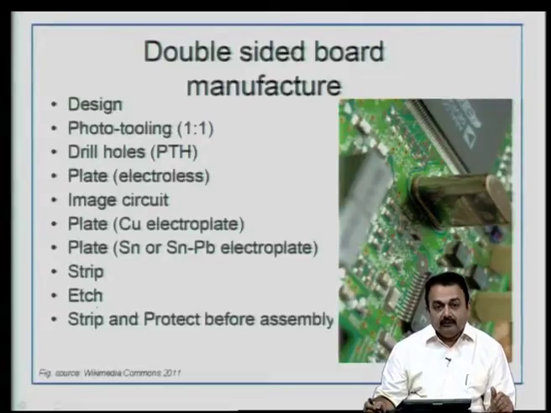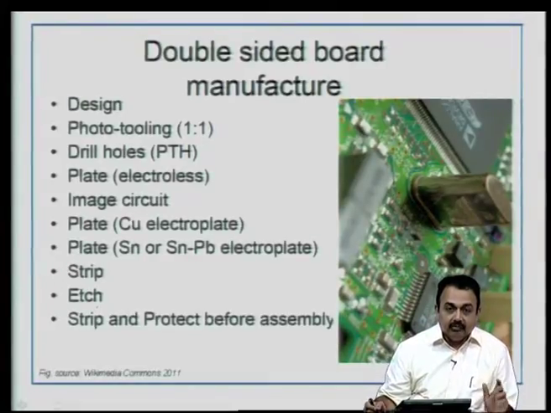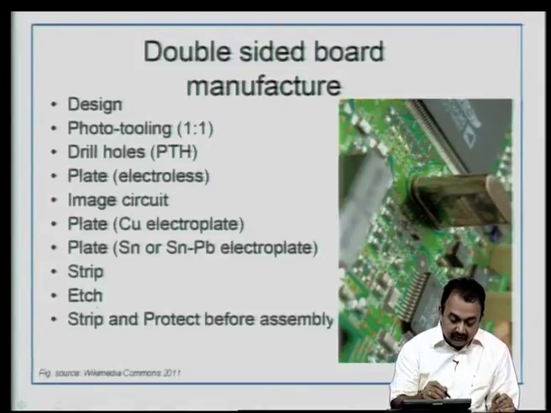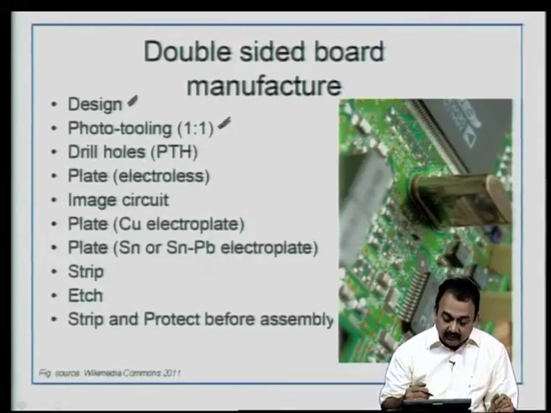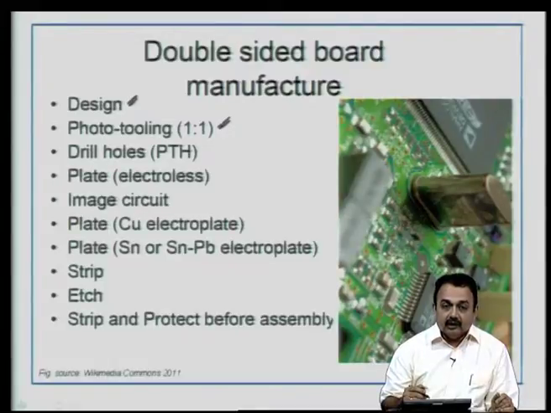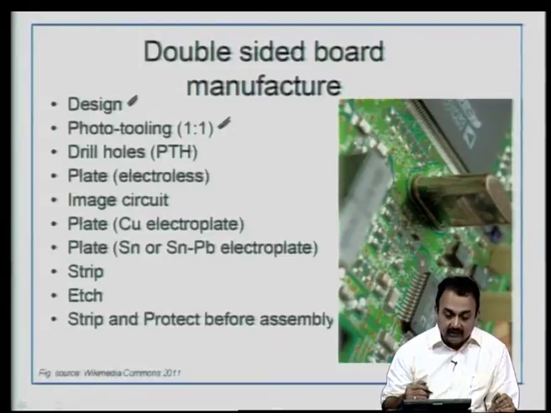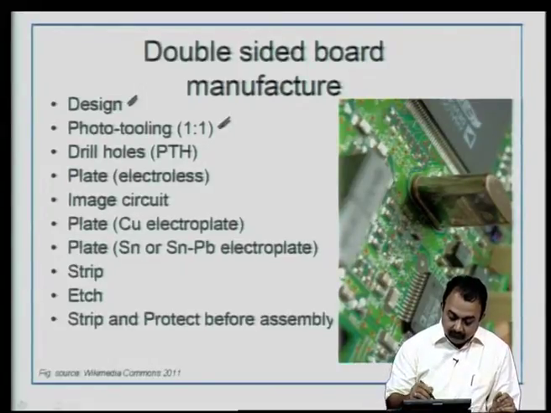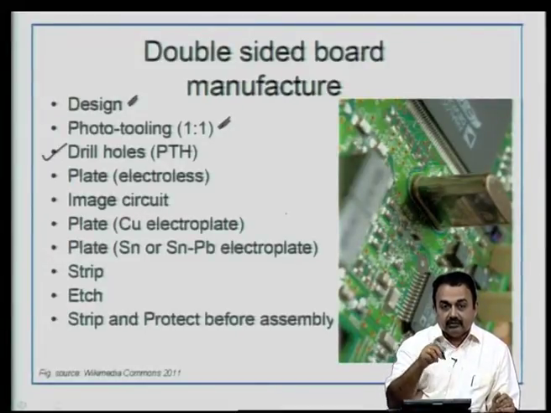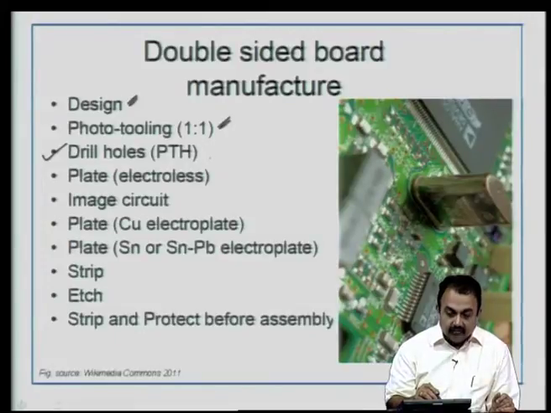The double sided board manufacture process steps very broadly will include design aspects, then you have the photo tooling to create the various, in this case 2 electrical layers, and then the other additional photo tool on the mask for the solder mask, top and bottom, legend print for the component mounting side and so on. Now, we have to drill the holes first, because you are going to plate the through hole. Therefore, making the through hole